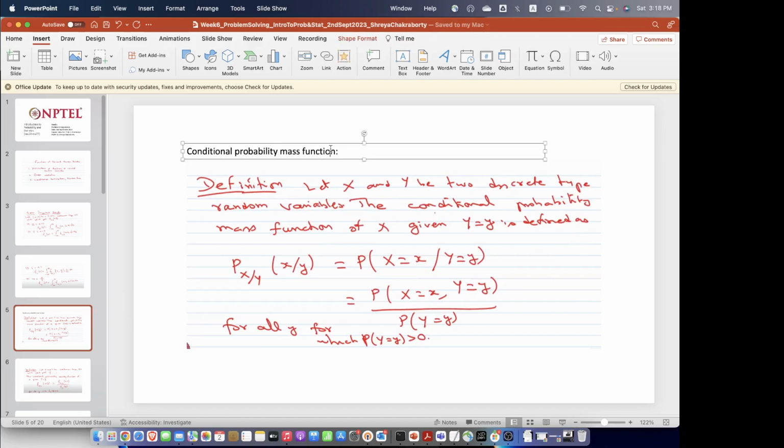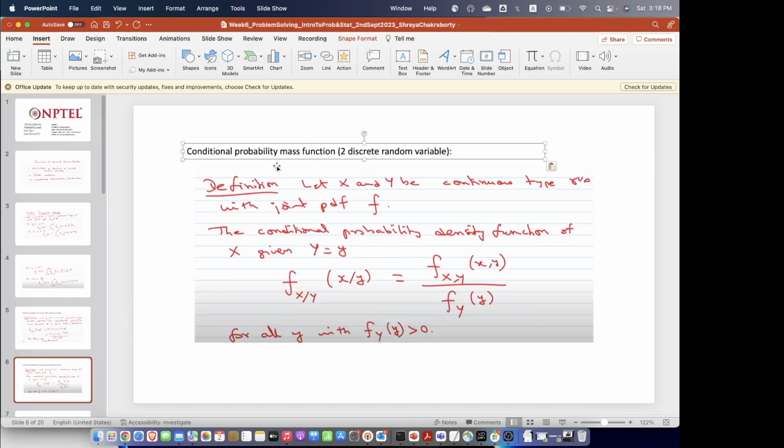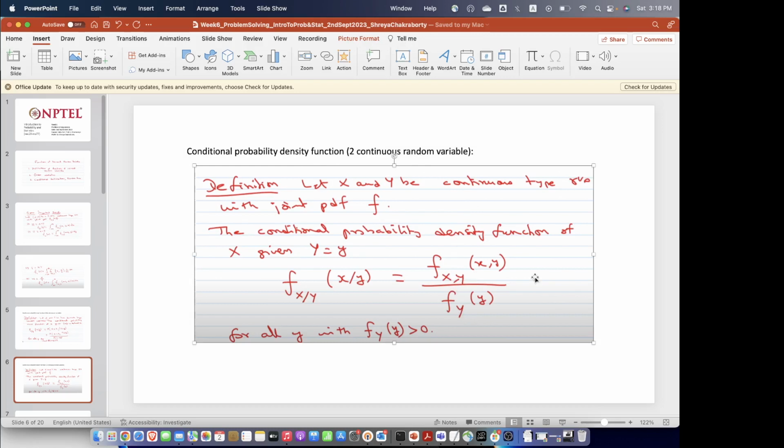This is a mass function, that means for two discrete random variables. Now similarly, if we have two continuous random variables, then this will be called the conditional probability density function, and this definition that has been stated here would hold true for two continuous random variables. Essentially the same thing, the joint distribution of X and Y divided by the marginal of Y. Okay,